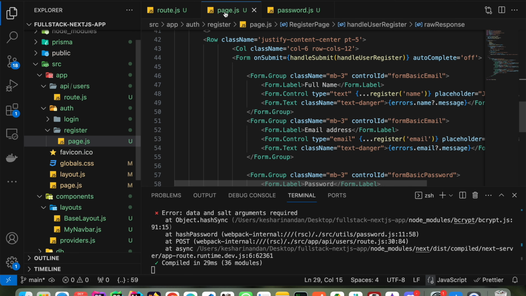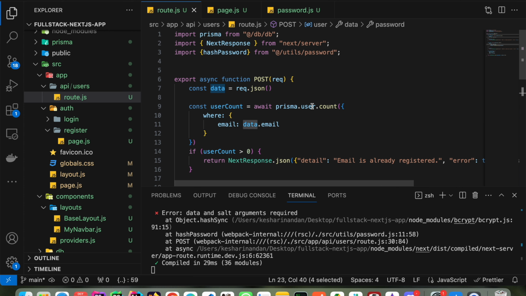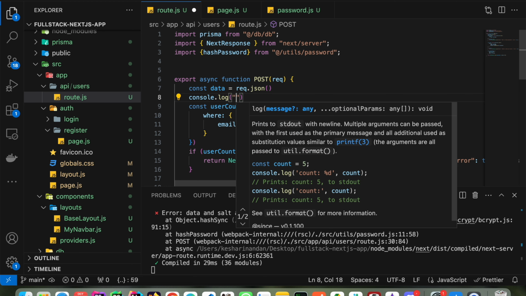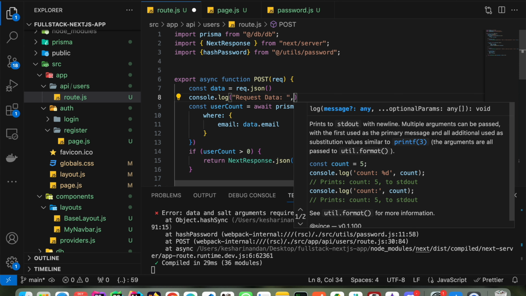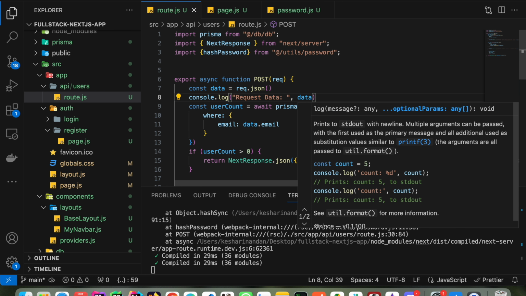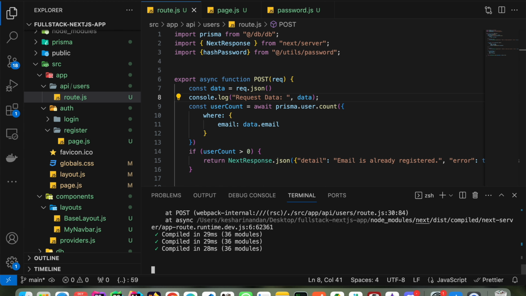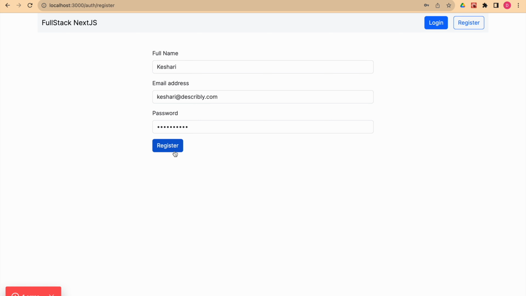So if we go to our route, that means here we are not getting the password inside the data. So let me just log this data. Console.log request data. So this is how you can also debug from one step to another. You can just connect this and you will find a way to debug actually. So if I click on register again,